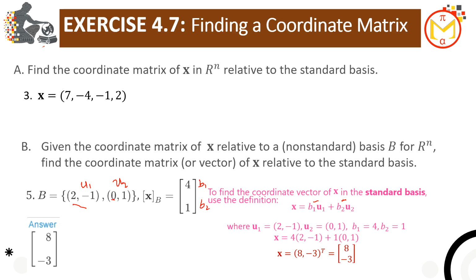So you can write it this way. Your x, again, the one that you are looking for. For the b1 and then the coordinates, 2, negative 1. So from here, we can multiply, that's 8 plus 0. Then negative 4 plus 1, that's equal to negative 3. And of course, this must be in the form of a column matrix. So that's 8, negative 3. So that's the answer from the book.